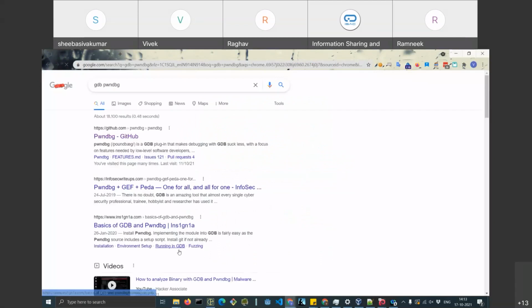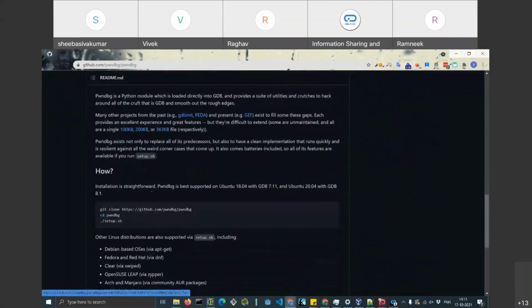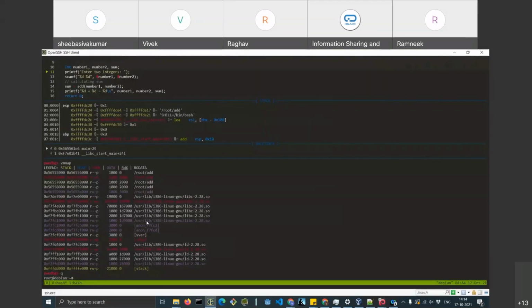What I did is I simply did these three instructions. Installation is straightforward. I executed these three instructions and this pwndbg was installed. It's an extension to GDB, so it gives you a clear picture of the program.